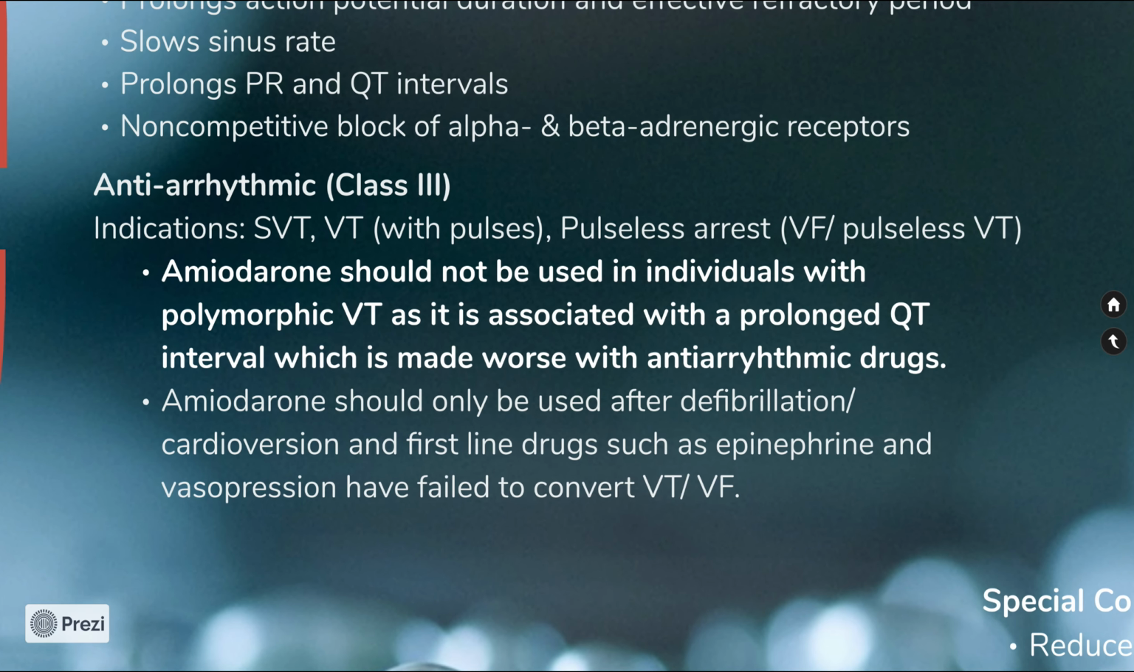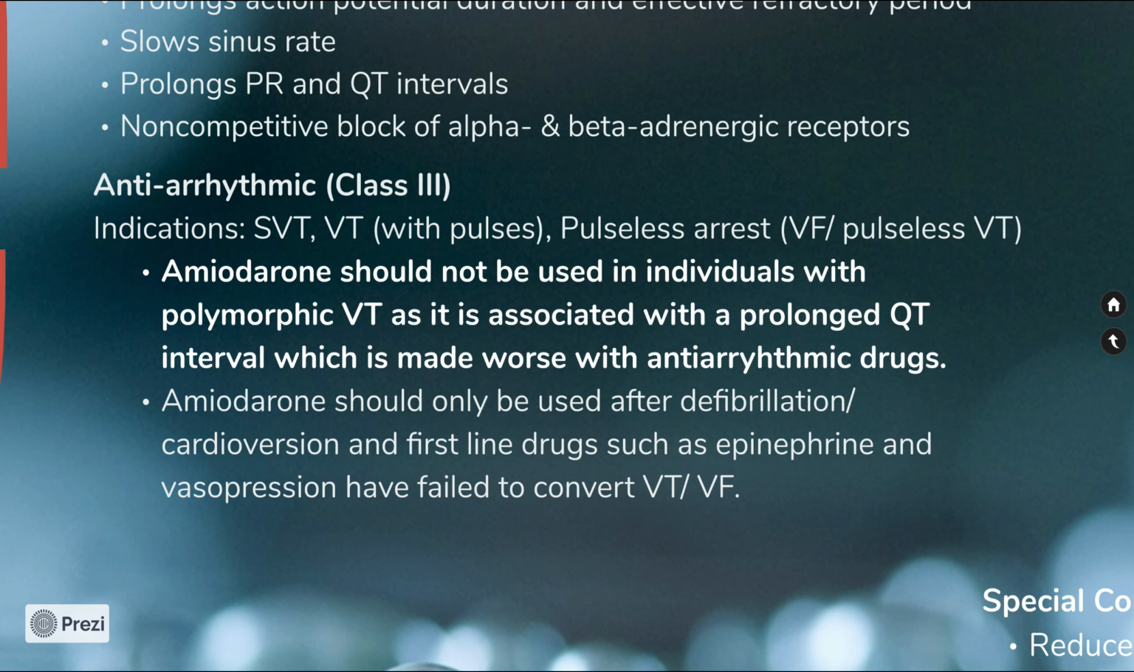Amiodarone is an antiarrhythmic, a class 3 with a wide range of applicabilities. So it can be used for supraventricular tachycardia, ventricular tachycardia with a pulse, pulseless arrest in the case of ventricular fibrillation or pulseless VTAC. Note that amiodarone should not be used in individuals with polymorphic VTAC or torsades de pointes, as it is associated with a prolonged QT interval,